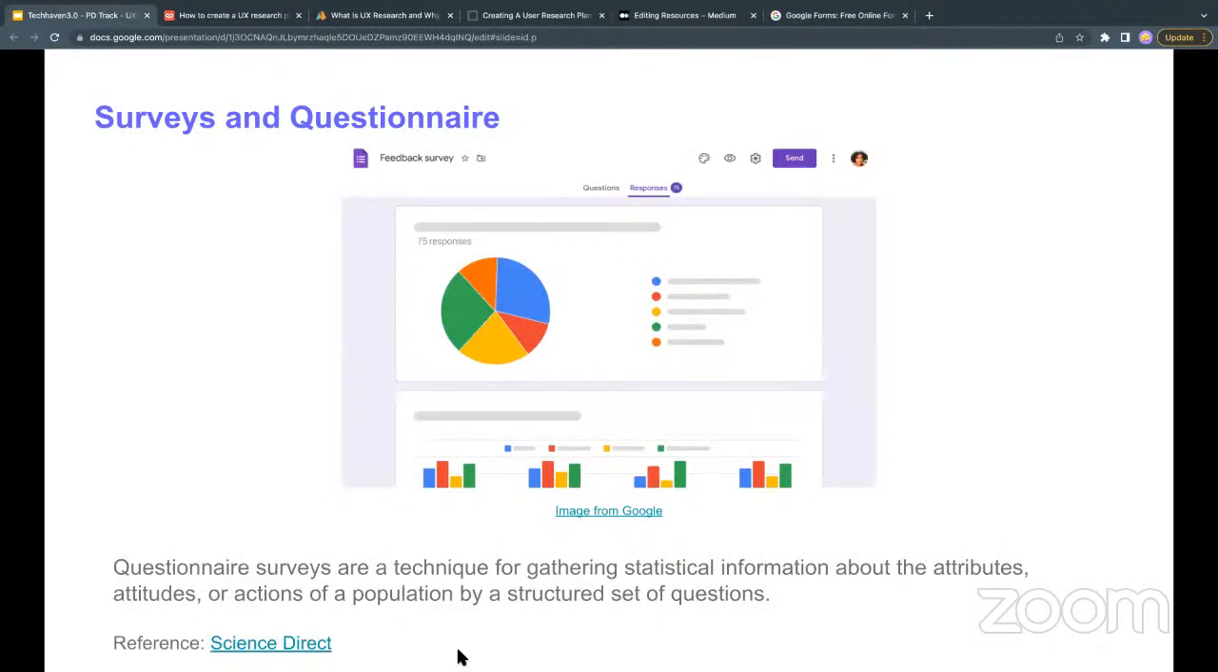So questionnaire surveys, they are a technique for when you just want to gather information about the attitudes or the actions of a particular group of people, or maybe a group of users. Yeah, so that's what that is all about. And the cool thing is